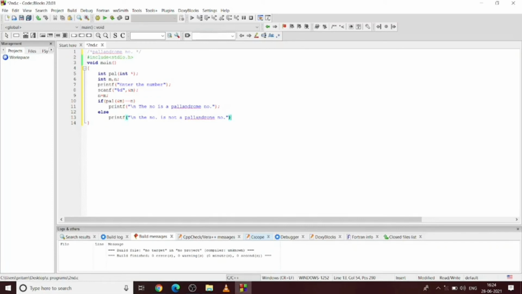We will write the function body. We can write it inside the void main also and outside the void main also.